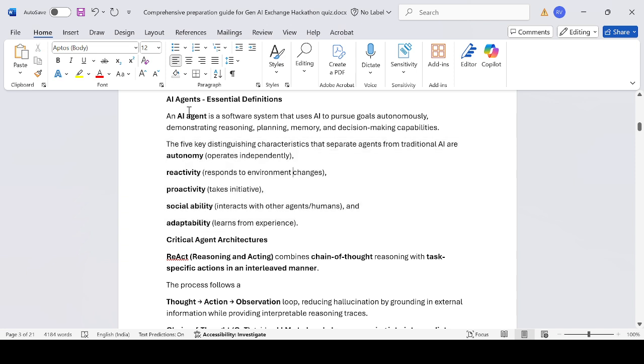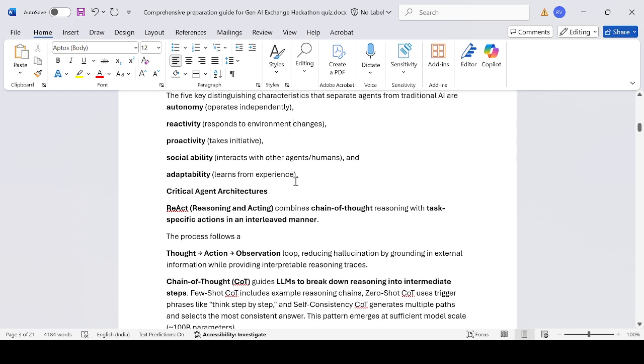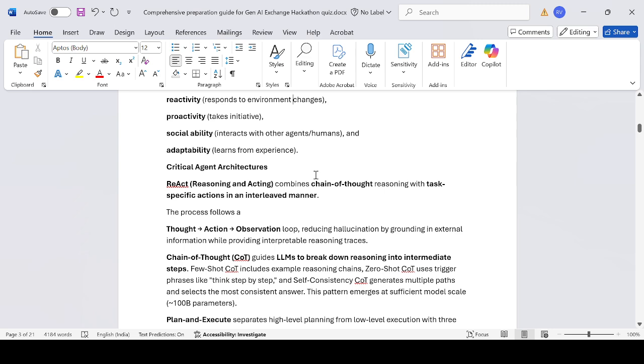In short, what is an agent? An AI agent is nothing but software. It uses AI capability and performs autonomously. So, what are the five characteristics? Number one, autonomy, reactivity, proactivity, sociability, adaptability. Now, when you look at the architecture,